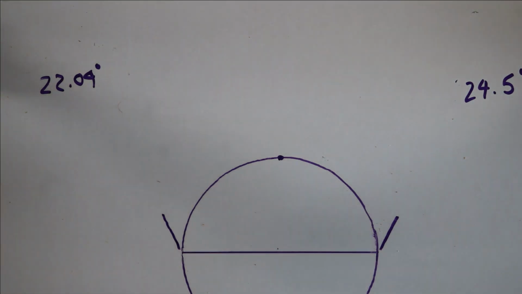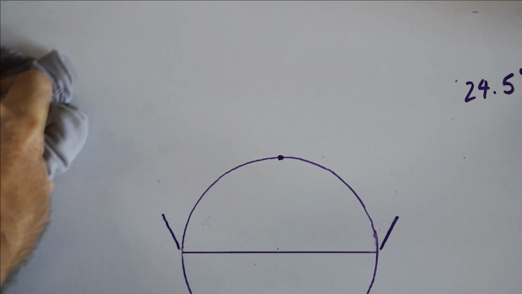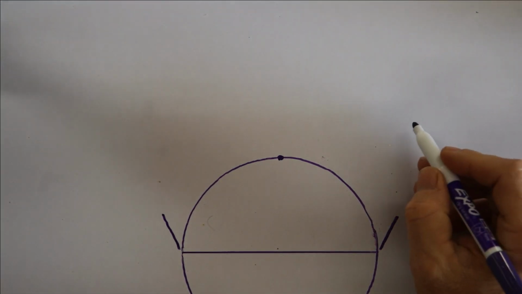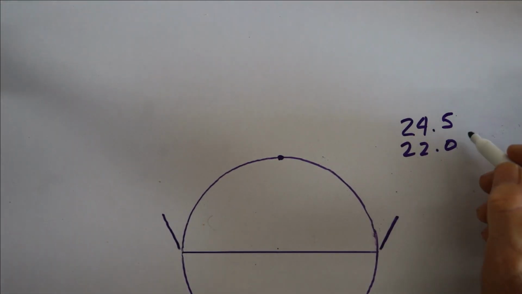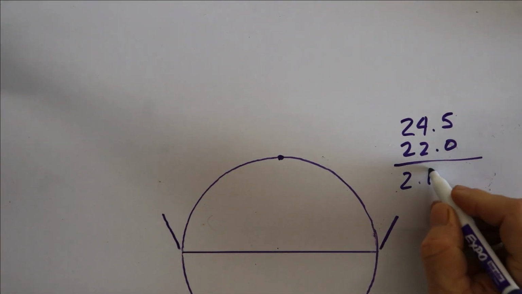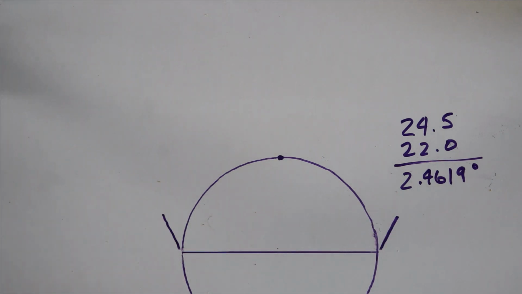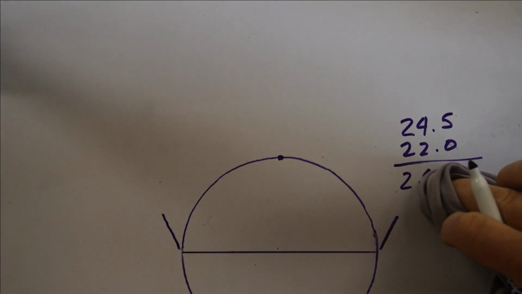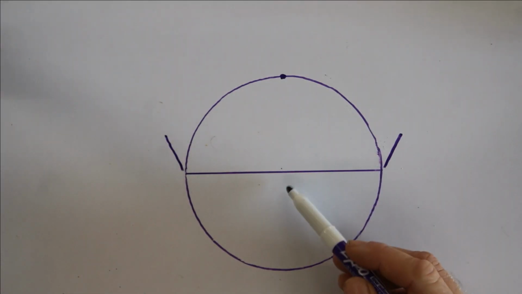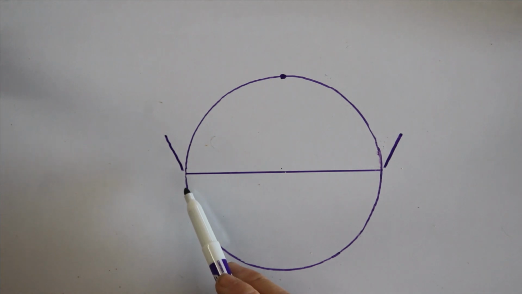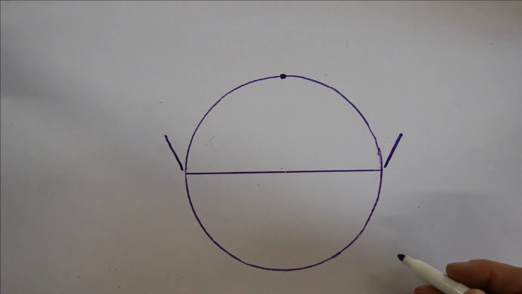And so let's subtract these two from each other to find the mean. So if we subtract, we get 2.4619 degrees. Now, that's the maximum amount of tilt between these two. That's the difference between these two limits of obliquity. Half will be on this side of center, and half will be on the other side of center. We need to divide 2.4619 in half, so that will give us